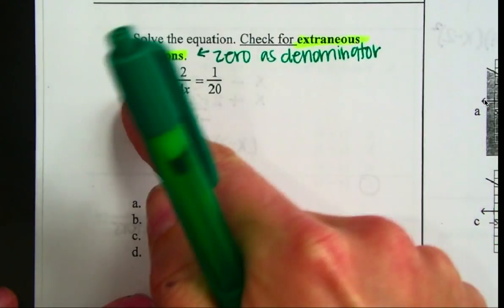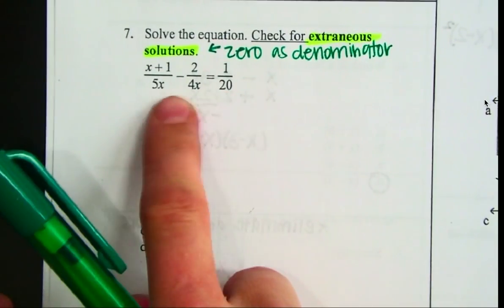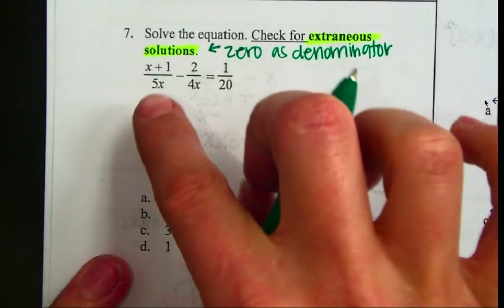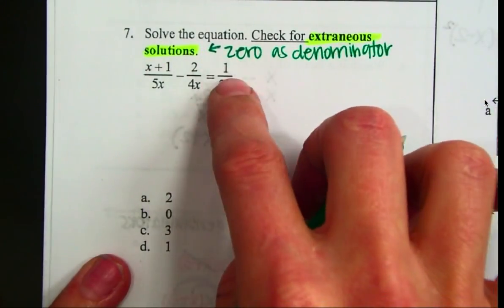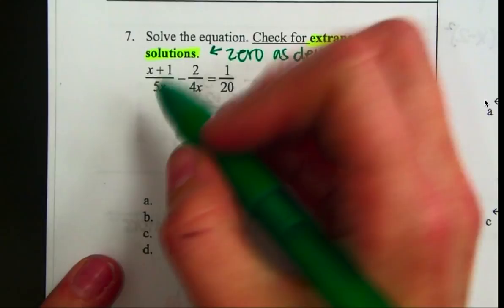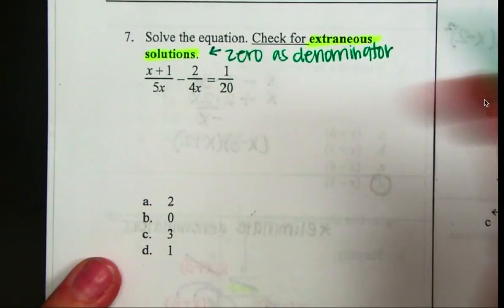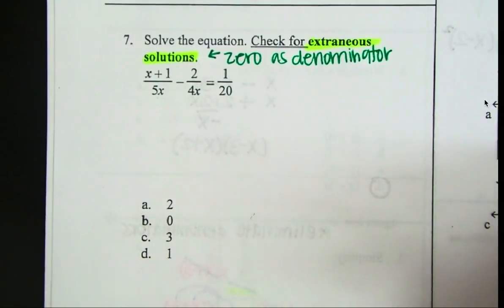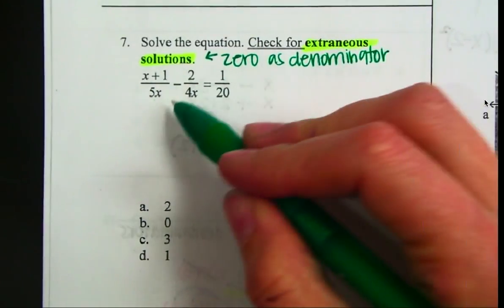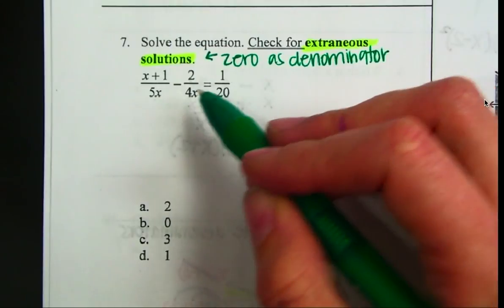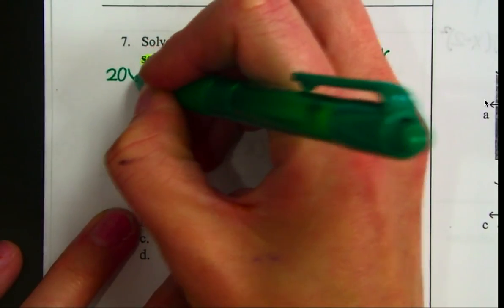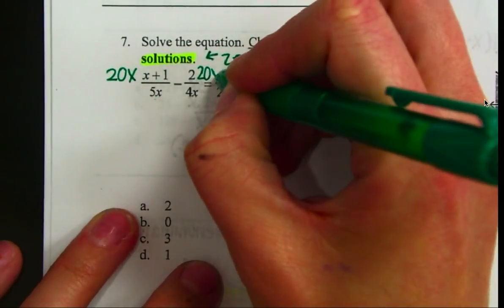Okay, so to solve this equation, because we have more than 2 terms, we are going to multiply everything by the least common denominator so that we can cancel out all of these denominators. So we're going to multiply each of these terms by 20x so that we can eliminate 5, 4, and 20. And then we also need to eliminate x, which is why we're multiplying by 20x. So we'll multiply by 20x here, here,